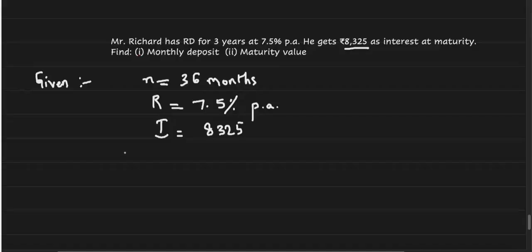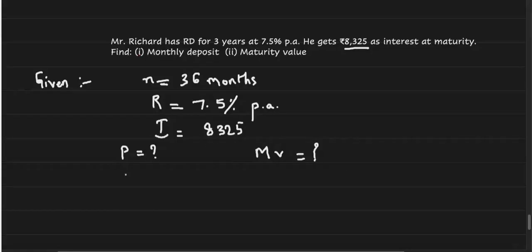How much he was paying, which is P into N. Monthly deposit, what is P value? And what is the maturity value, which is MV. These are the two things we are finding out. Got it? So now it's very simple. First, finding the monthly deposit. Monthly deposit you will find out by